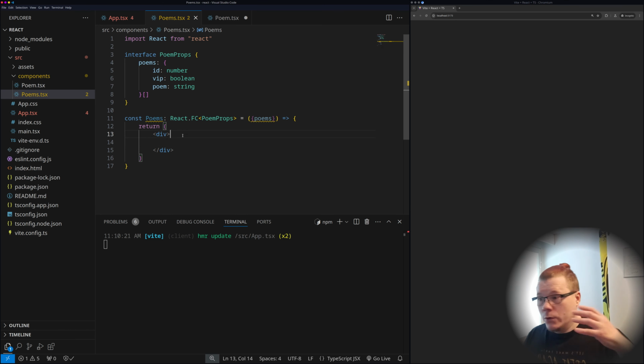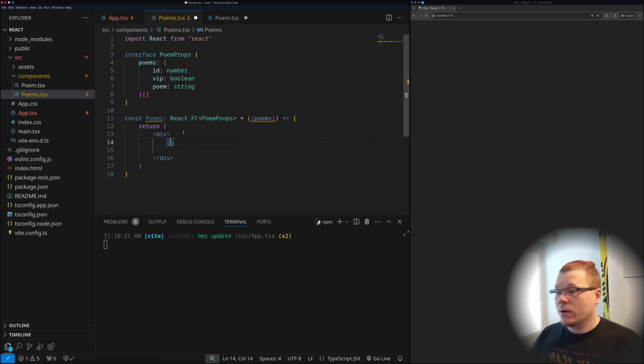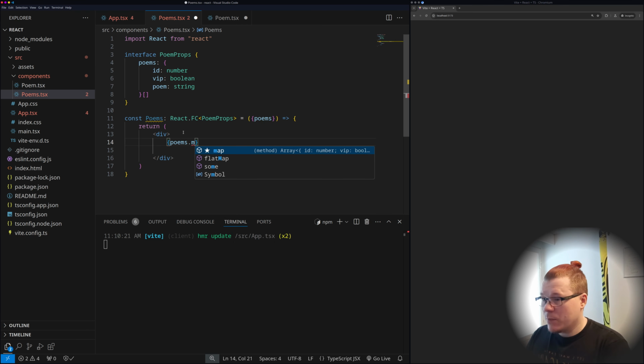We want to go through this array and get those poems to the screen. As all these React parts are inside these curly brackets, let's have this poems array, and we can use this map to go through it. Let's take one poem out of the poems array,